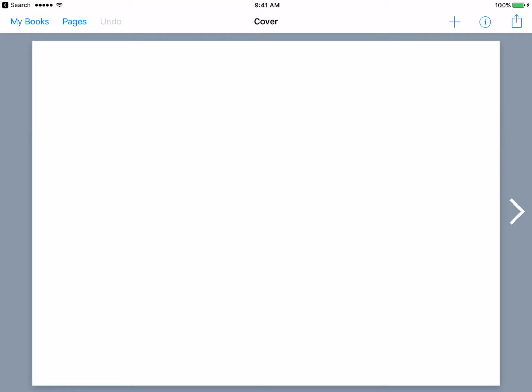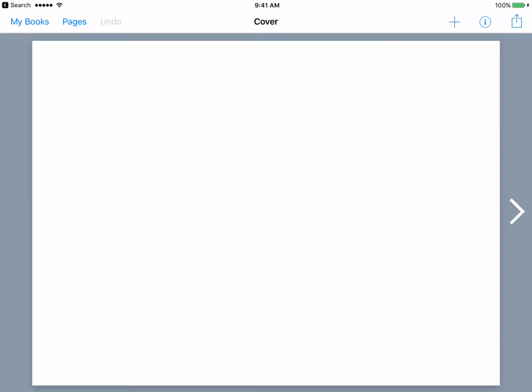So as it loads the page, you will see that at the top in the center it tells you this is your cover page. If I push the arrow on the right, it takes me to page 2. I can push it again and it takes me to page 3. Now you see that I have a plus sign in the middle on the right. If I want to add more pages, that's where I will do it. I'm going to go ahead and just use the back arrow to go back to my cover,